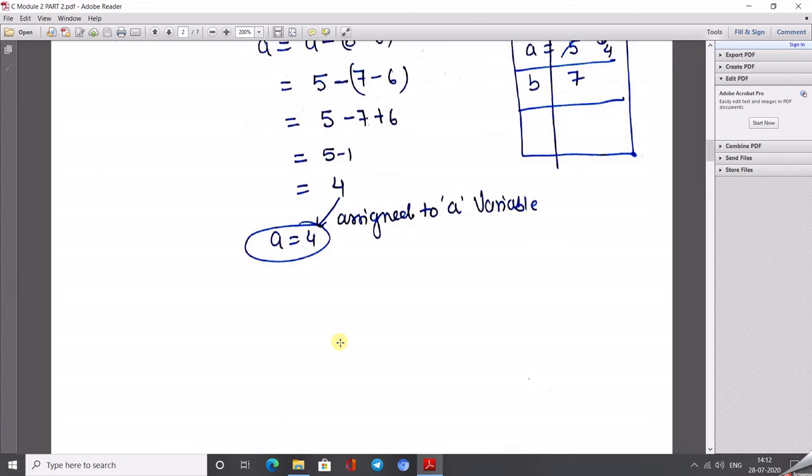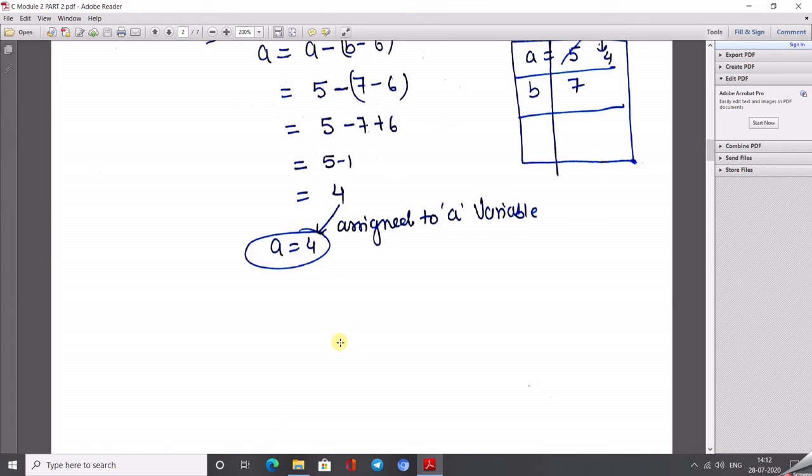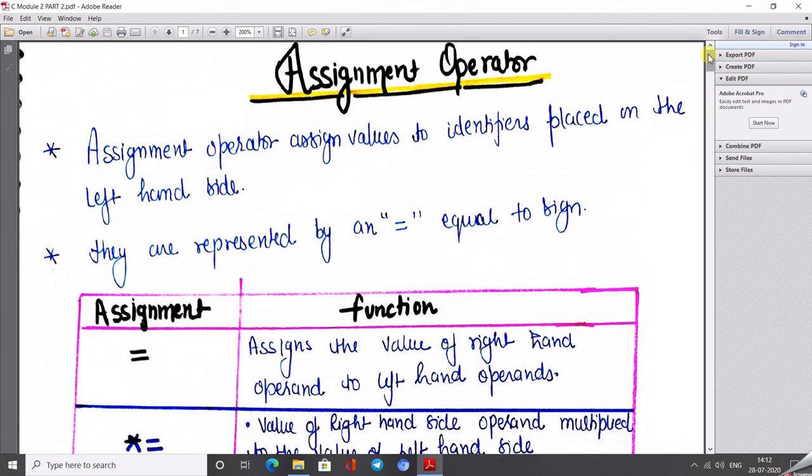In this lecture we only went through the arithmetic operators and assignment operators. Hope you are getting all these points. If you have any query then you can ask me directly, and I will also show you various programs in the Turbo C application at the end of this module. Okay, so thank you class and have a good day.